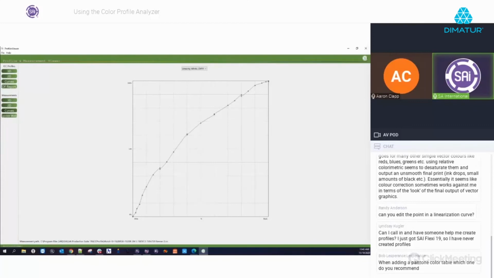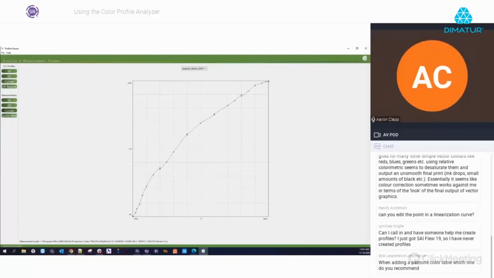So what I would probably say to that is, no color correction really doesn't use color correction. It basically just allows your machine to dump as much ink down as possible. Now, there are other printers that can handle that better than others. For example, any of the printers that do a lot of the processing on the printer side, like some of the Canon machines and the HP latex machines,